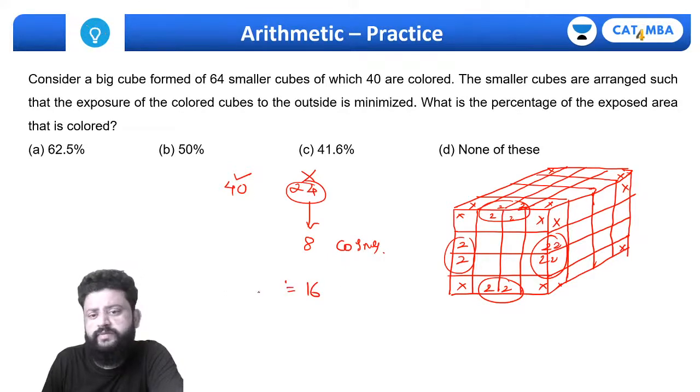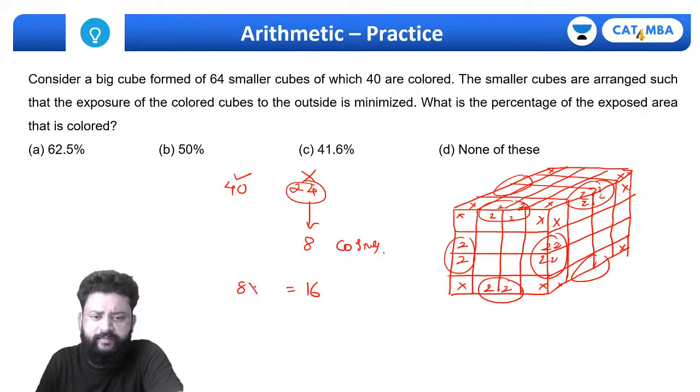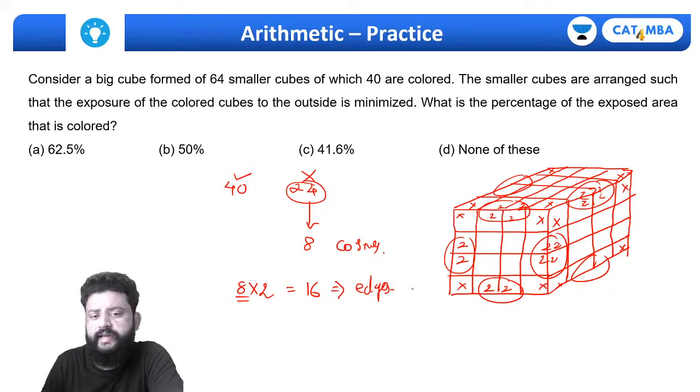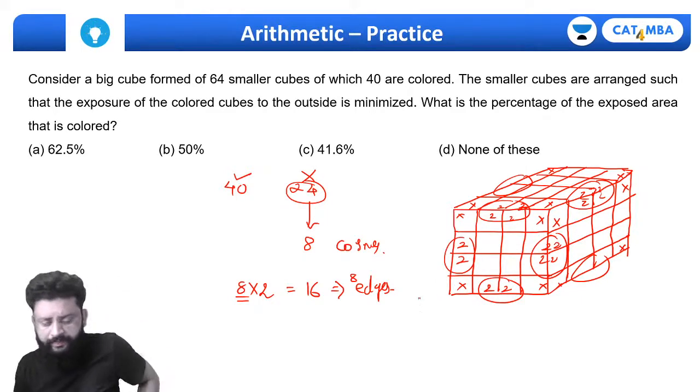On how many edges can I place the 16? I can just use 16, use any. Let's say these are 8, and we can use this one, these two sides, these two sides, these two sides. Okay, totally 8 edges, and one edge takes 2, so 16 cubes with 2 faces painted on edges, you can say on 8 edges. Okay, now